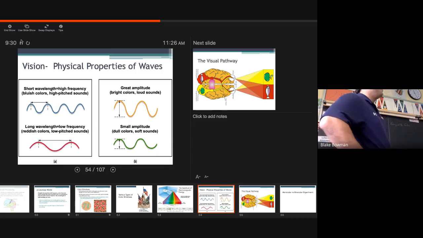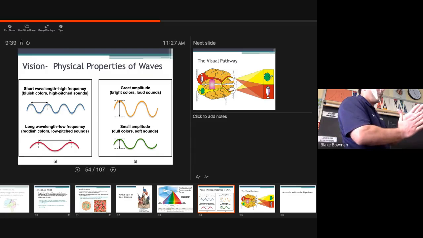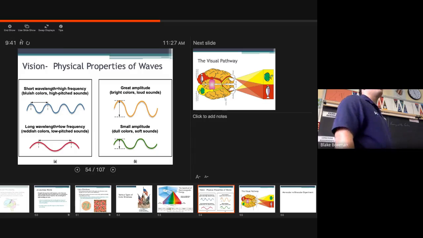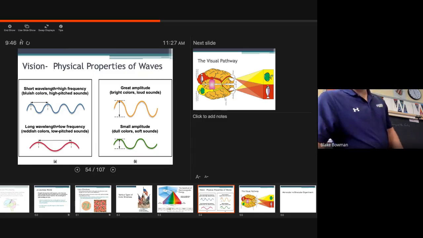And finally, small amplitude, dull colors, soft sounds. Amplitude is the height of that wave. So if it's closer to that line of equilibrium, you're going to have a duller color and a softer sound. All right, you guys good with that? All right, so real quick,